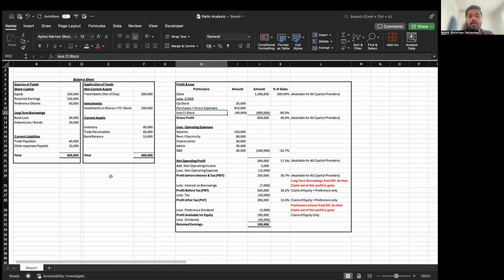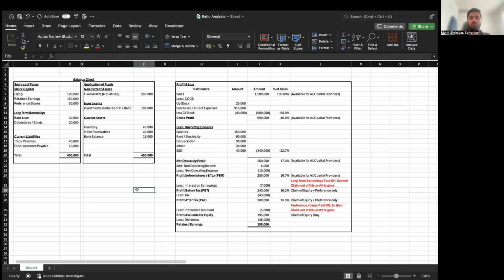Okay. Why? Because if you remember the accounting standard IAS 2, which is how do you value your inventory? It takes purchase cost, it also adds direct cost into it, right? So the value of the inventory here includes not only the purchase cost, it also includes the direct expenses. So if this includes direct expenses, the base which you are taking should also include direct expenses, and that is